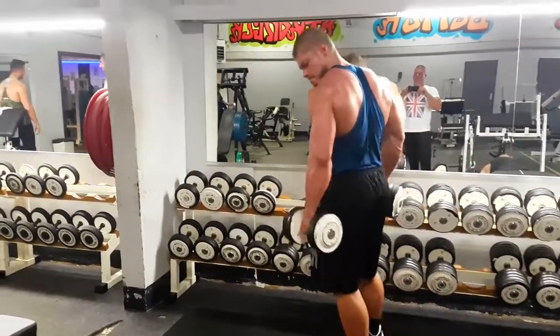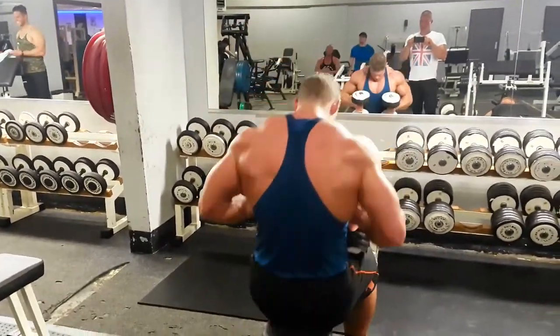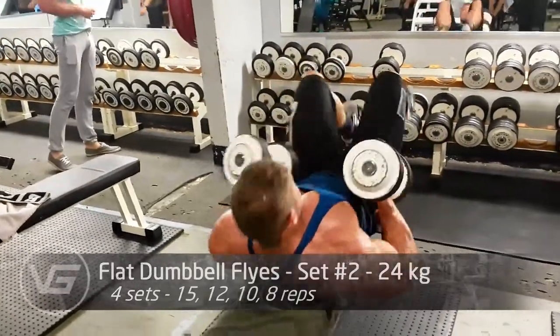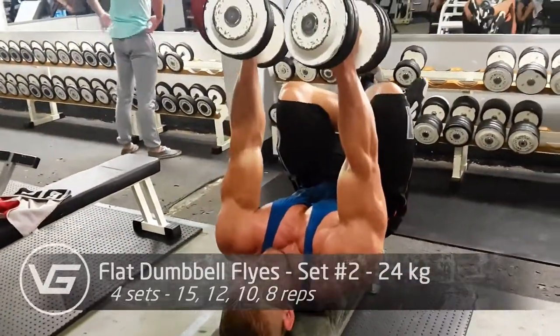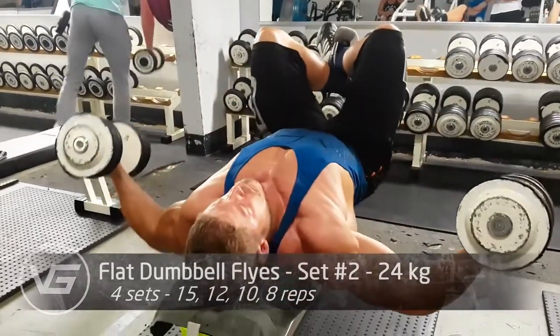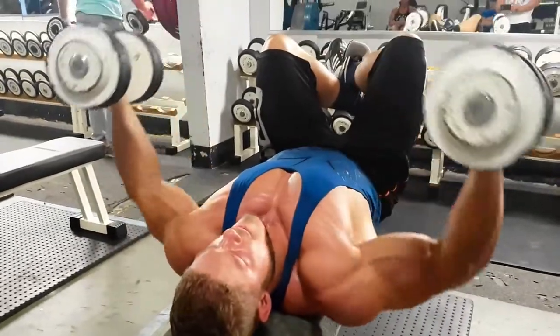And now it is time for one of my favorite exercises to build a wide, thick, big chest like Arnold. Because this is actually an Arnold exercise. I got this from him. You know, it is a basic exercise, it's the flies, but there is a specific way of doing these,